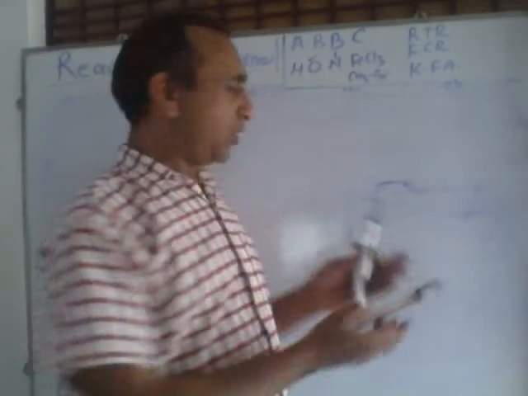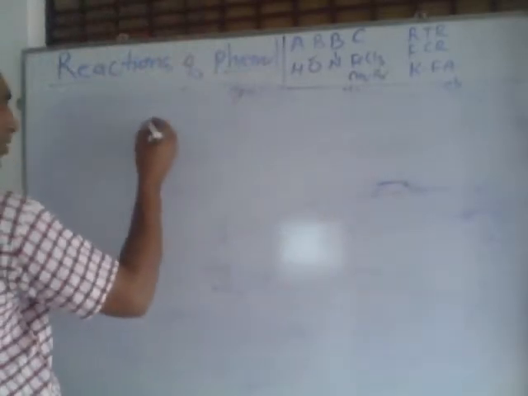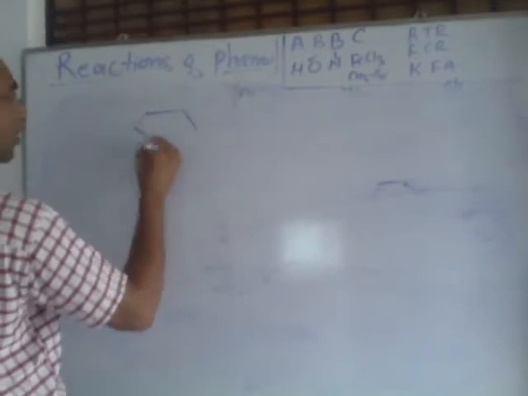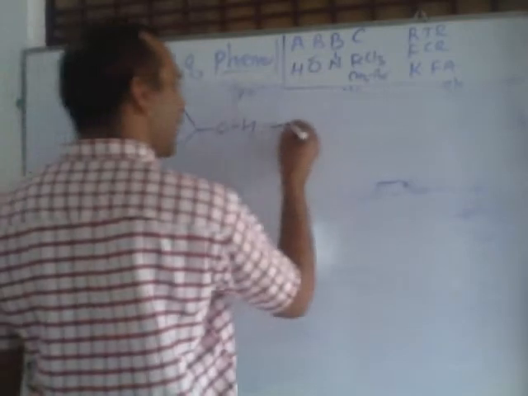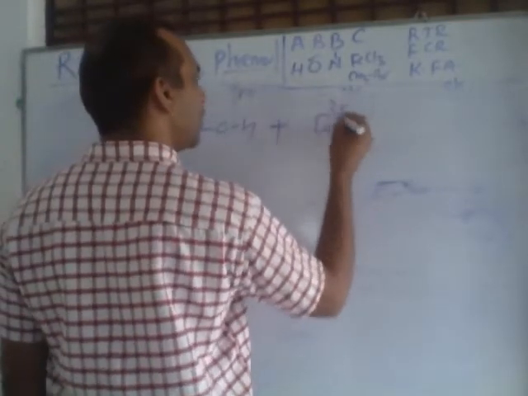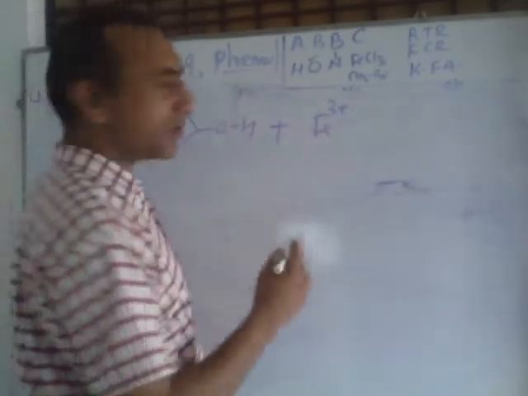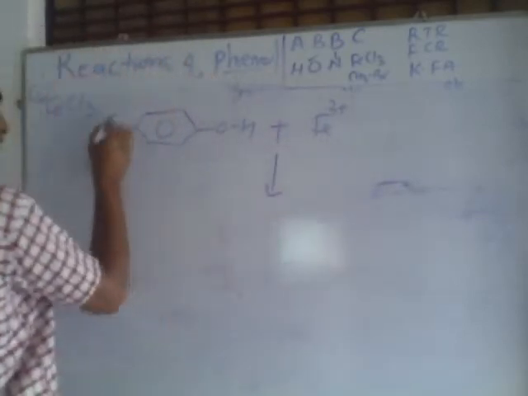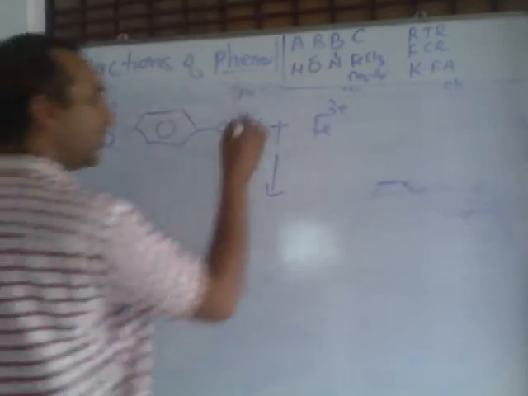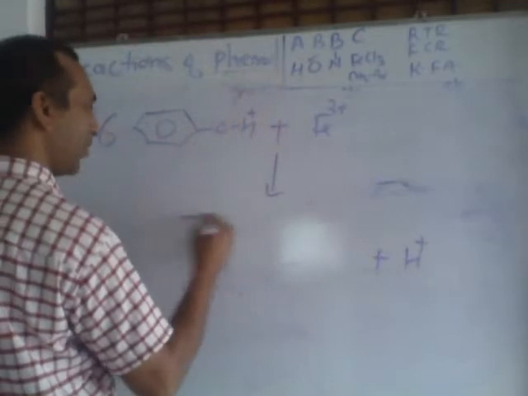And one more distinguishing test: if in a test there is phenol and there is alcohol, how can we distinguish? You can use this reaction, otherwise the very simple one is the FeCl3 test, the ferric chloride test. Listen. So actually this is phenol, and FeCl3 means we are reacting with ferric chloride solution. If we add ferric chloride solution, Fe3+ is obtained from ferric chloride. So after the reaction, 6 molecules of phenol are used and 6 H+ are removed, and this type of compound is formed.